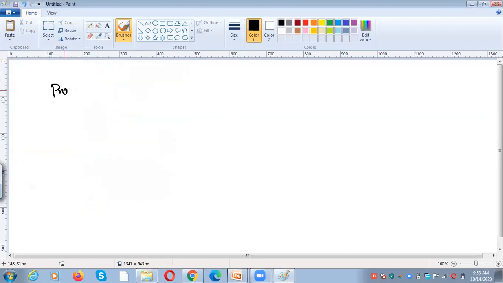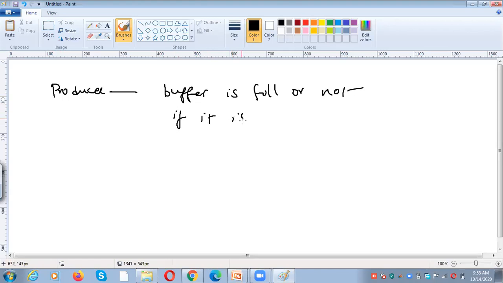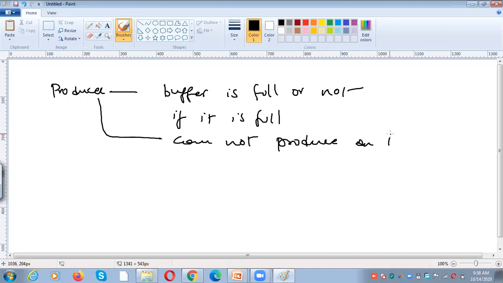So what does the producer have to do? The producer has to check whether the buffer is full or not. Why? Because if the buffer is full, then the producer cannot produce an item into the buffer, right?